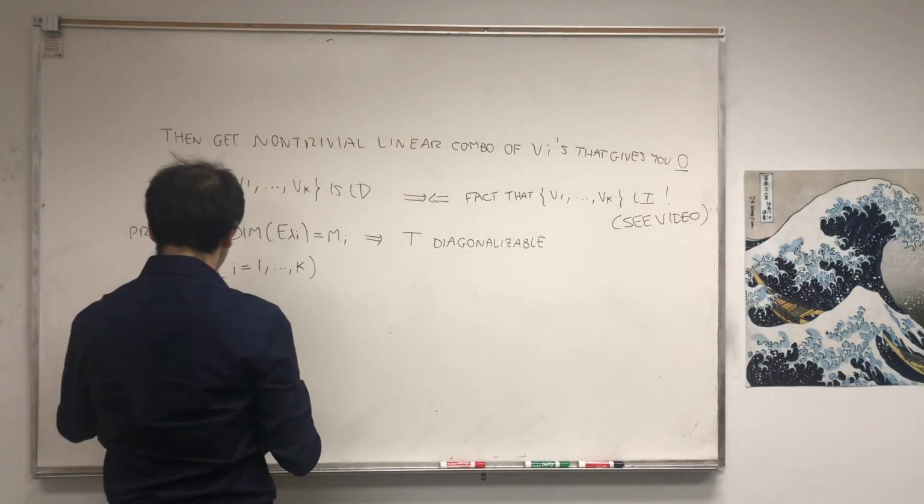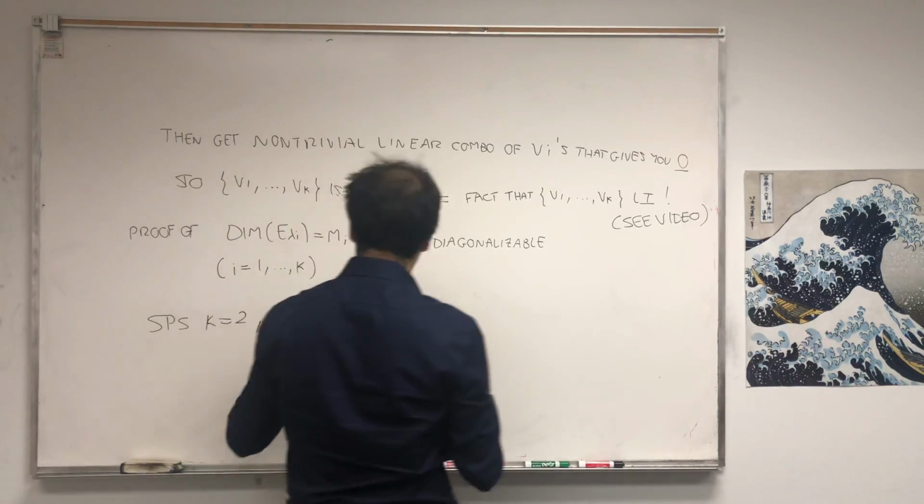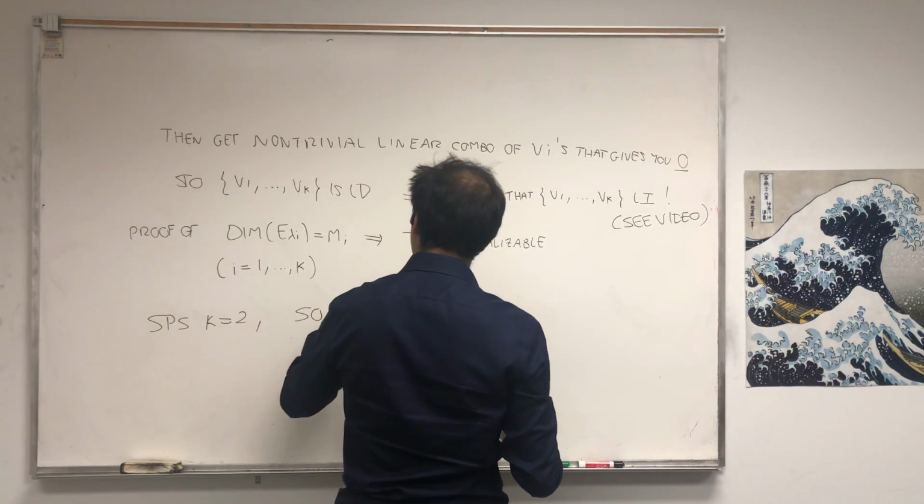So suppose k equals 2. And so what this means is T has eigenvalues